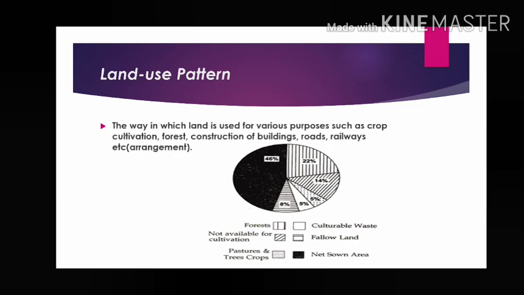Your planning will be mainly crop cultivation centric, because 46% area, near about 50% of the land area of India is under crop cultivation. So whatever plan you make for this year will give importance to crop cultivation. Clear? First thing. Second thing, 22% area of the total land of India is under forestry, but we know what is the percentage required for forest area?